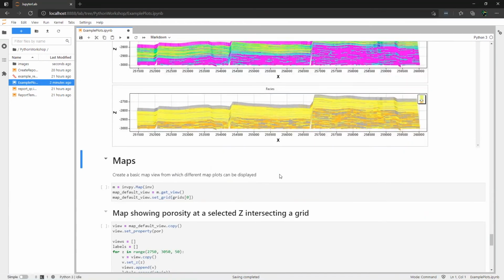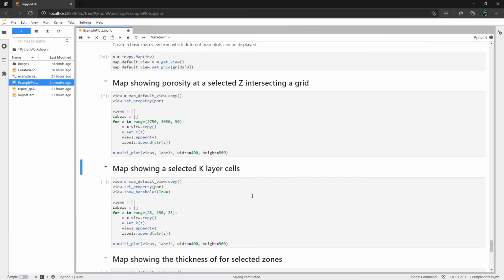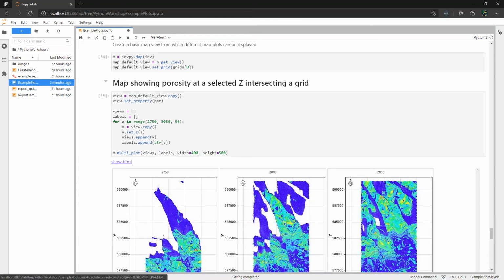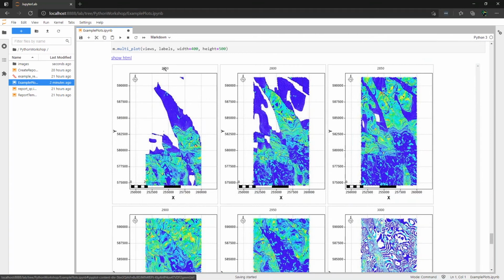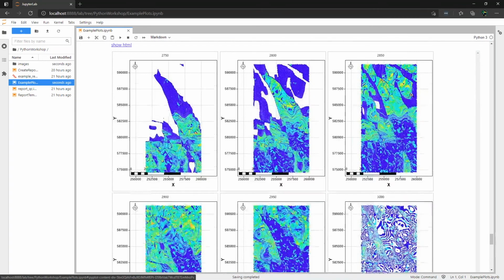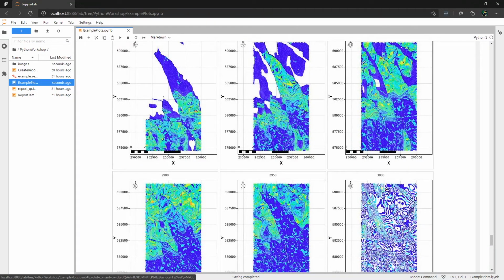Okay. Finally, as a geoscientist, often we look at maps. So we want to take the same information and we want to look at it as a map. So this is a 2D slice. First of all, I'm just going to create a 2D slice through my model every 50 meters. Okay, so there is a slice through my model at 2750, 2800, 2850 and down,